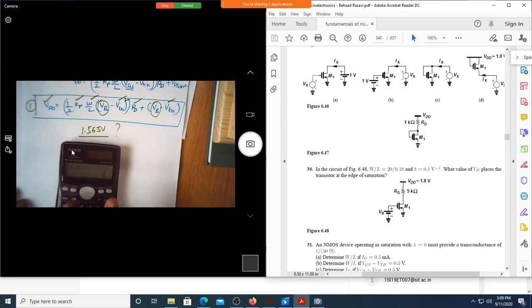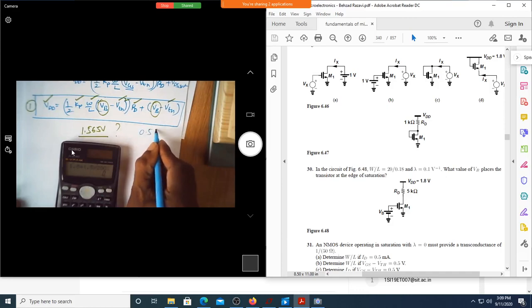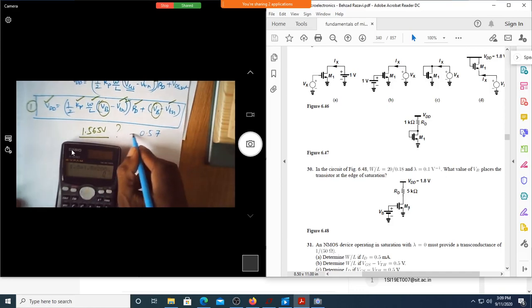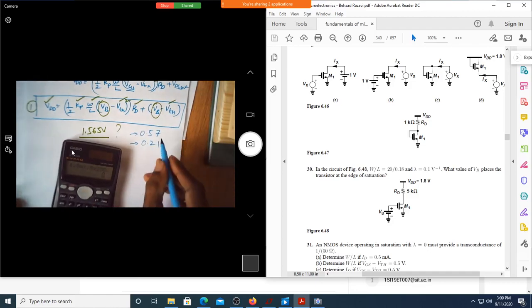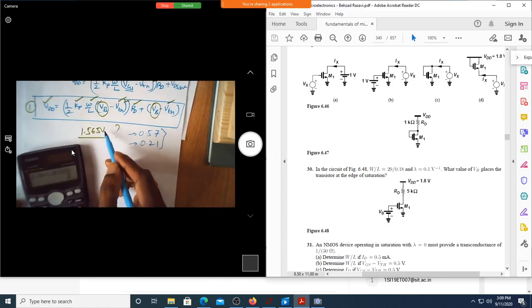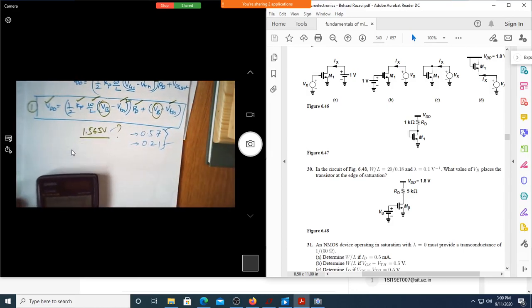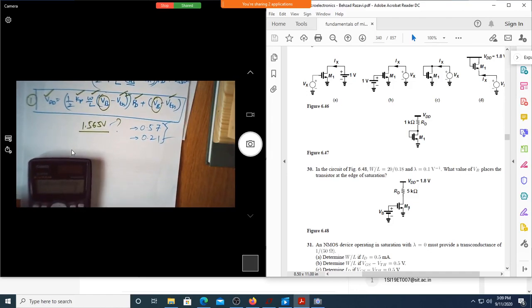1.8 alpha equals 0.57. Another value, sir. What are the other possible values? 0.57 and 0.21. Okay, let us see whether these two are the values. We have three values now from different students. Let us see which is correct, which is not correct. Let us verify. Is there any other student who got values?